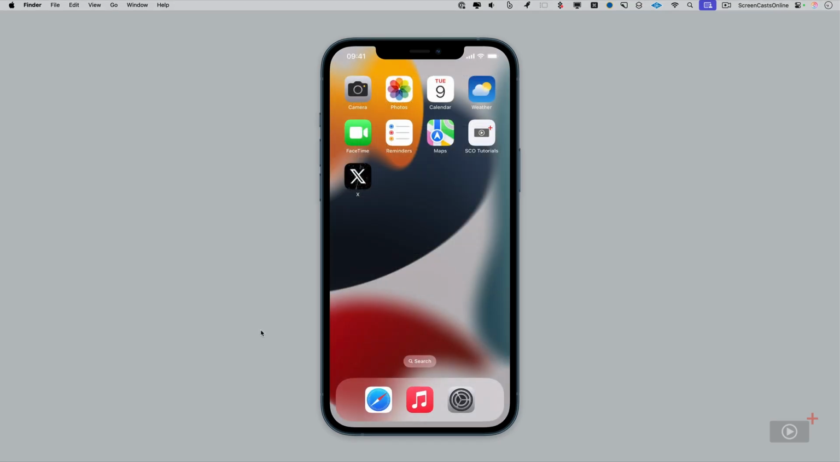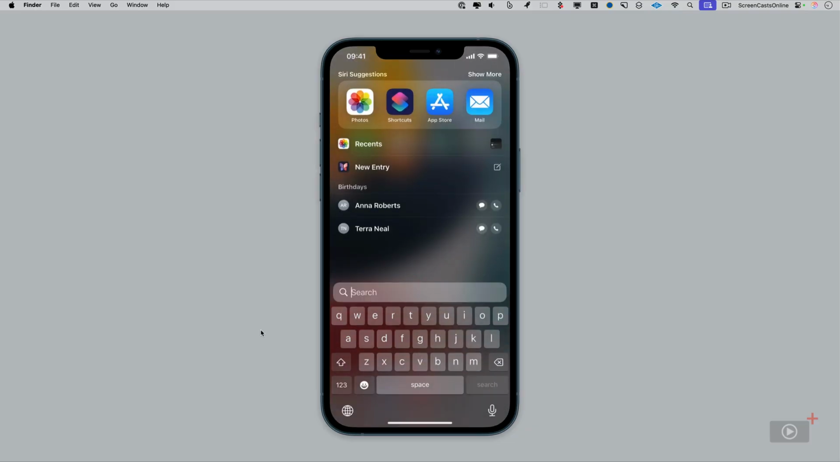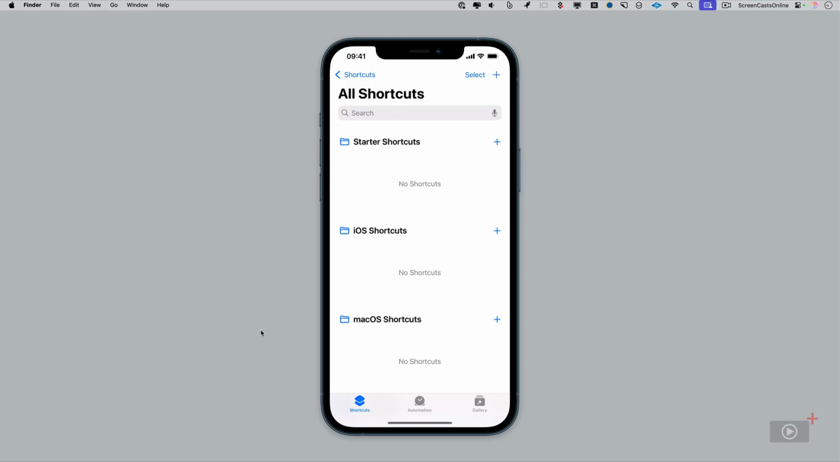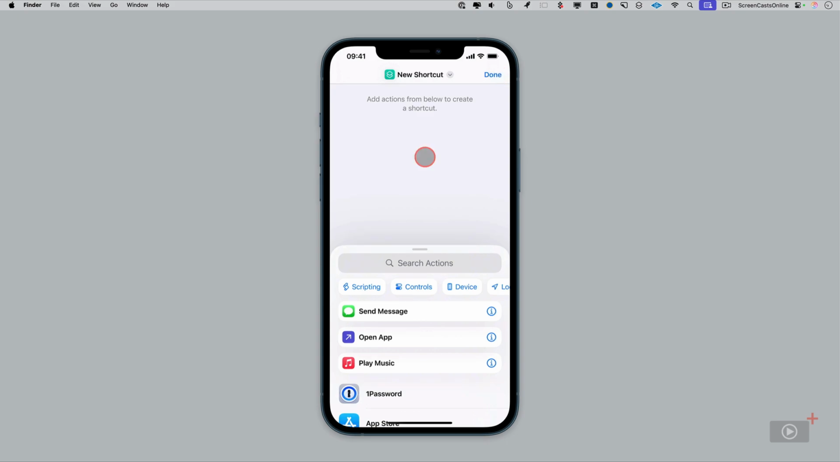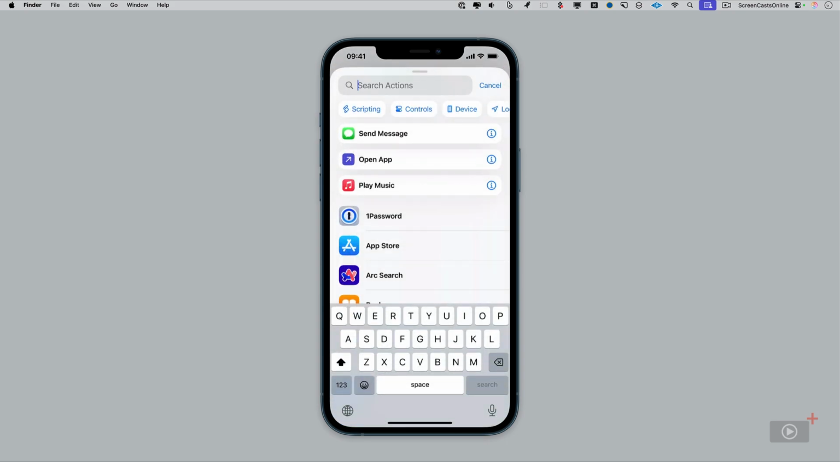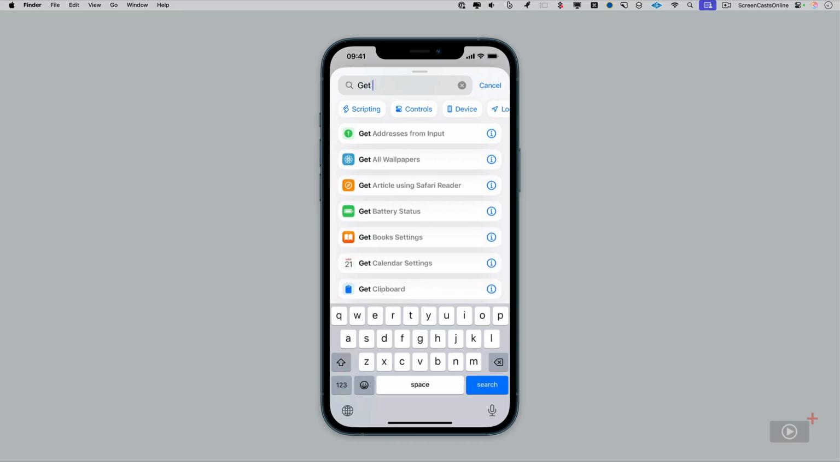Let's switch across to the home screen. I can't see Shortcuts on the home screen, so I'm just going to swipe down from the middle. There it is in Siri Suggestions. Go ahead and tap on Shortcuts. Now, I haven't any shortcuts set up on this demo iPhone, so I'm going to go ahead and click on the plus button. So if I go to Search Actions, and then I want to get images from input, so